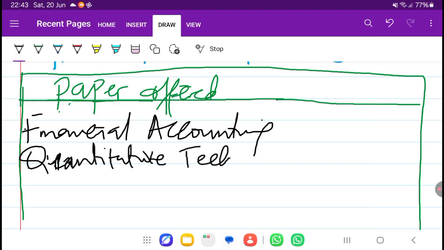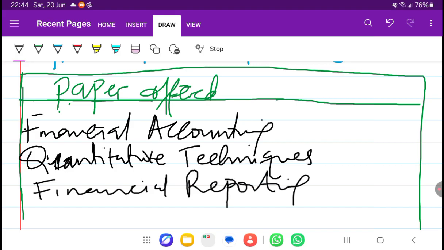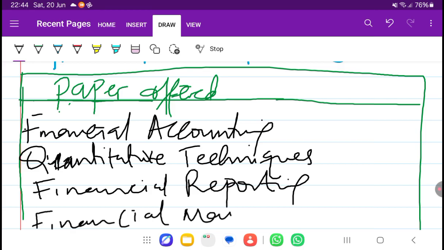We can put maybe financial reporting. Then we can put financial management. You can also add taxation, you can also add advanced taxation. But even if we just stop there and we close our table,